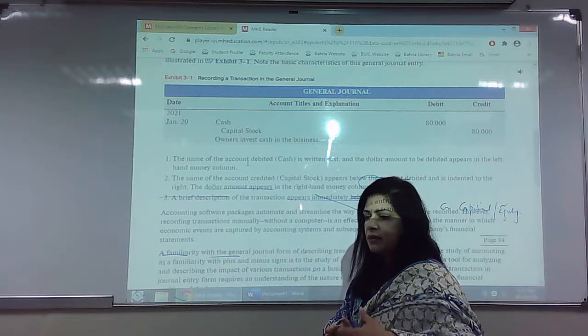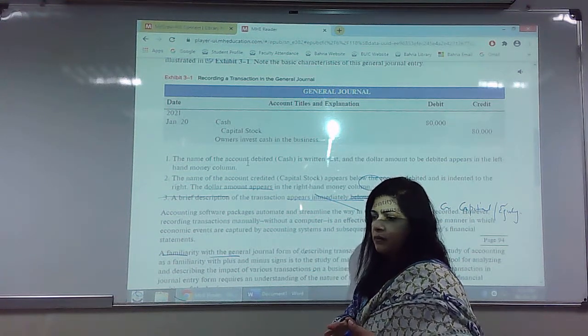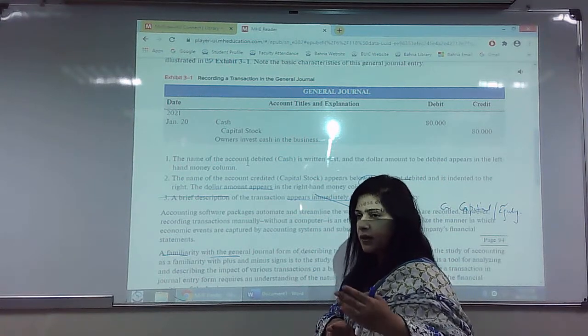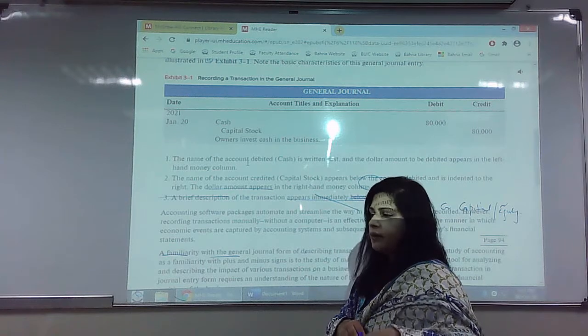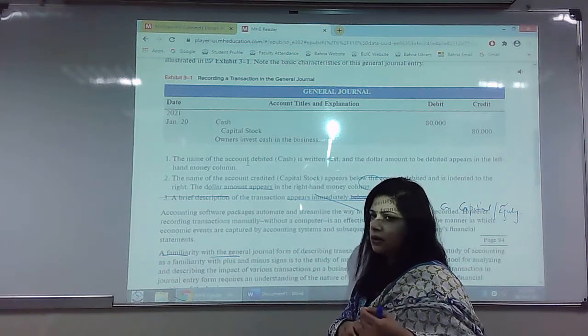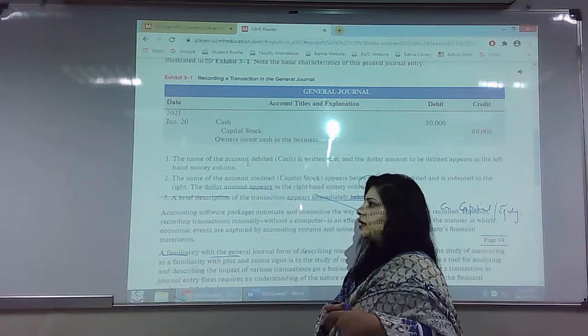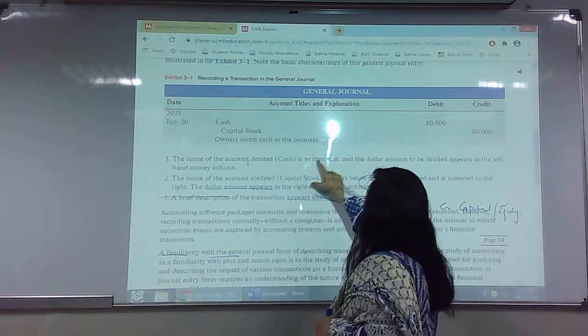So if they have any income left from the expenses, which is not possible in the initial stages of the business, but after 2-3 years, when companies start actually making profit, they would like to give some benefit to their shareholders or stockholders, and they give them some money. So this is capital stock.